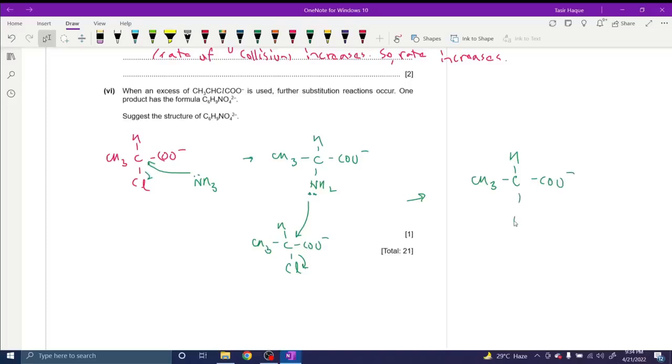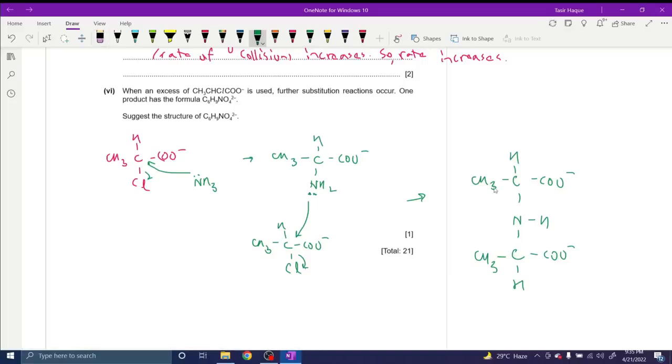CH3CHCOO minus, NH, CHCH3COO minus, and see if the molecular formula matches. We have C6, O4, 1 N and 6, 7, 8, 9 hydrogen atoms. So this is it. Okay,